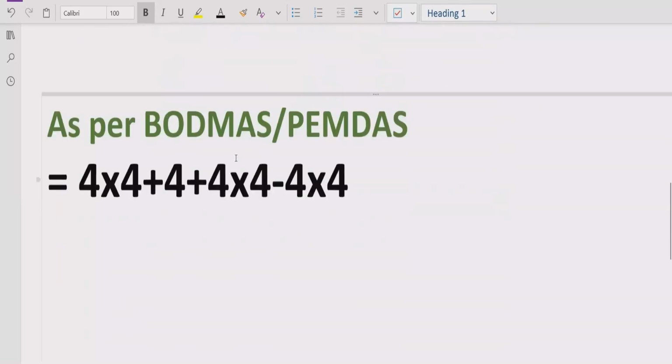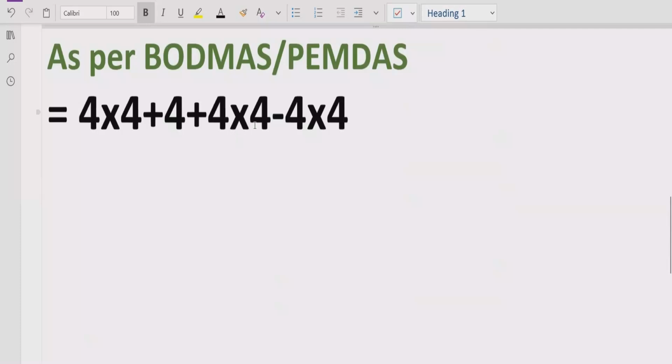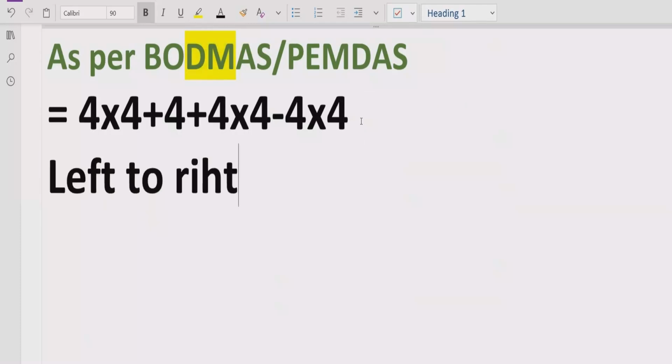Now move forward to solve the given expression. As you can see, we have BODMAS and PEMDAS rules, which means that you have to solve the bracket first. Here we do not have any bracket. Now we will move forward to find out the exponent part, and also we do not have any exponent part. So now we will move forward to division and multiplication. First of all, we will go left to right in our expression and find out division and multiplication.